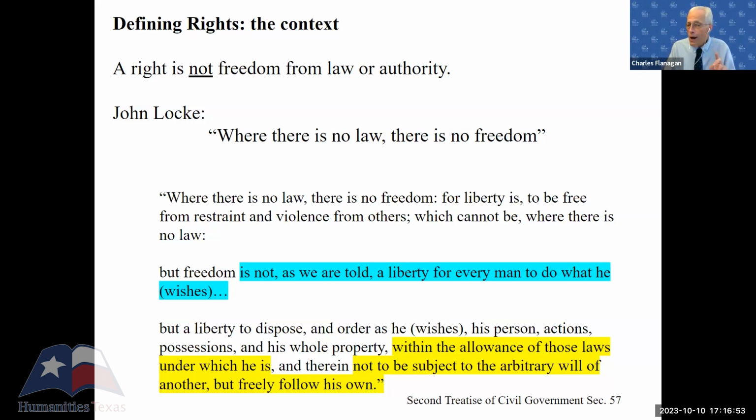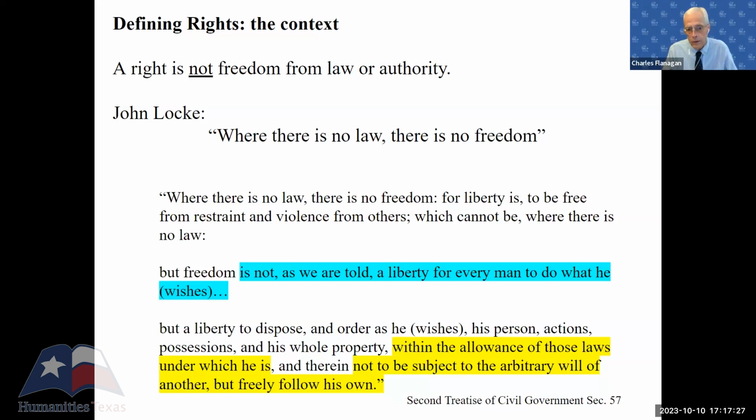But freedom is not, as we are told, a liberty for every man to do what he wishes, but a liberty to dispose and order as he wishes his person, actions, possessions, and his whole property within the allowance of those laws under which he is, and therein not to be subject to the arbitrary will of another, but